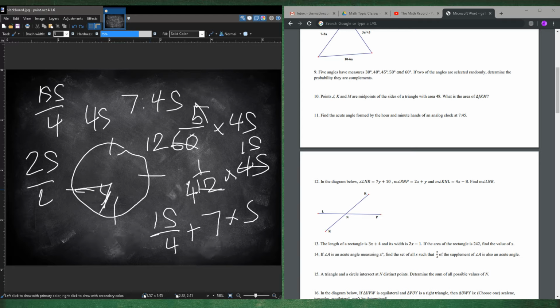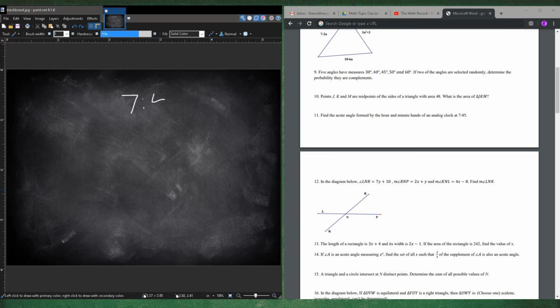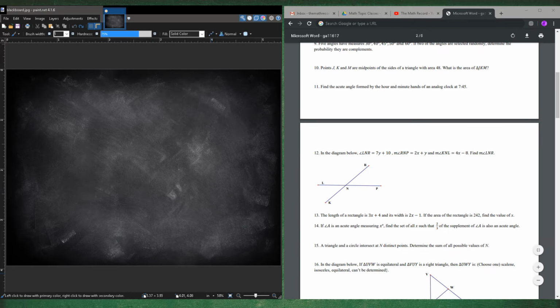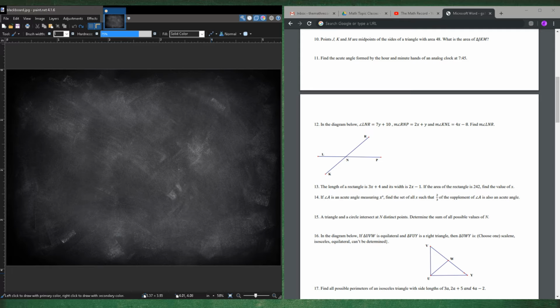And let me delete this. Okay, question 12. In the diagram below, angle LNR equals 7y plus 10, and angle RNP is equal to 2x plus y. And angle KNL is equal to 4x minus 8. Find the angle of angle